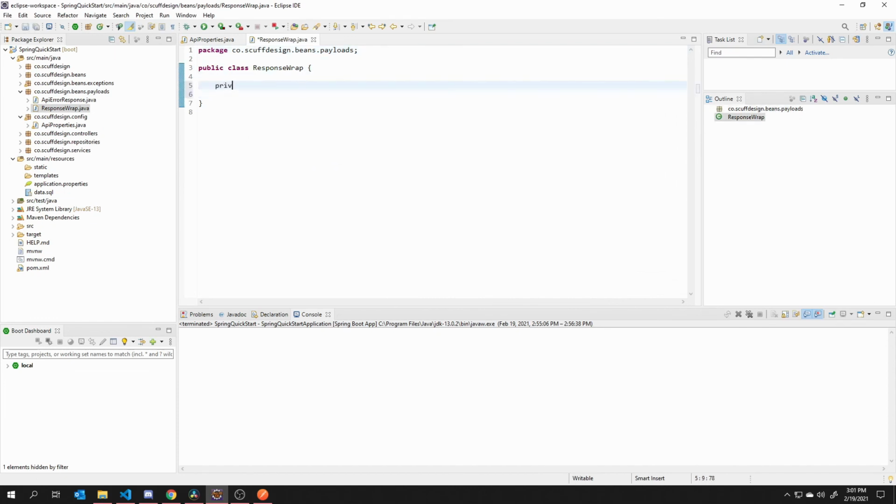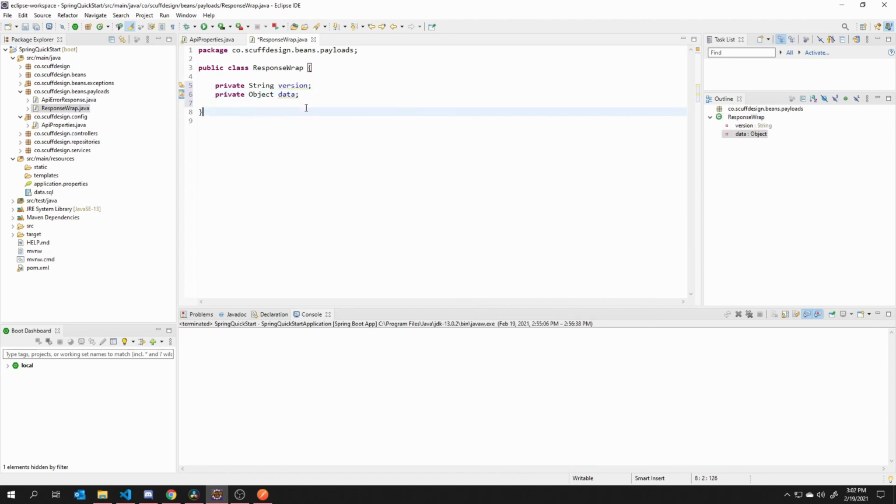And in it, we're going to define a String, and that's going to be the version, and another, which is going to be a bare bones Object because we don't know what object we're going to send in this response. Because we could have a car model, we could have some other type of object like a person object or a user object. And we're just going to call it